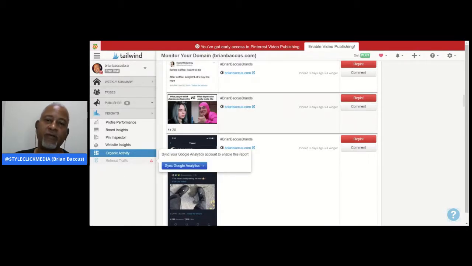Now, here's a beautiful thing. If you wanted to get referral traffic from, say, Google ads and you wanted to push your Google offerings over onto your Pinterest offerings, you could sign up with your Google Analytics and sync it. And then you'll be able to see how much money you're actually getting, how many times people are clicking on your pins, how much it's costing you per click, what the cost per million is, what the social engagement marketing is.